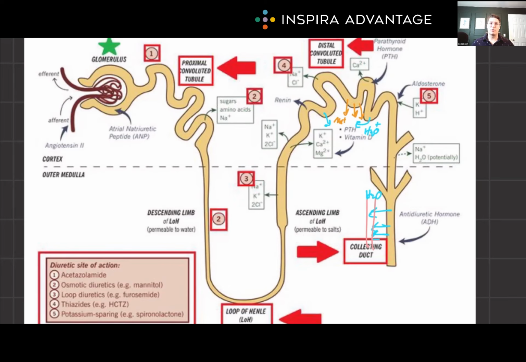Together, ADH and aldosterone form a harmonious system that fine-tunes the body's hydration and electrolyte levels. By regulating the resorption of water and the balance of sodium and potassium, these hormones ensure cellular environments are stable and conducive to all biological processes, at least all the ones we want to happen. This hormonal regulation exemplifies the body's complex feedback mechanisms designed to maintain homeostasis and are some of the most highly tested